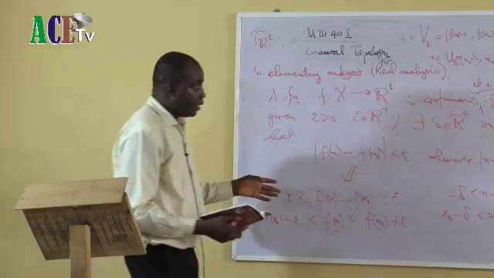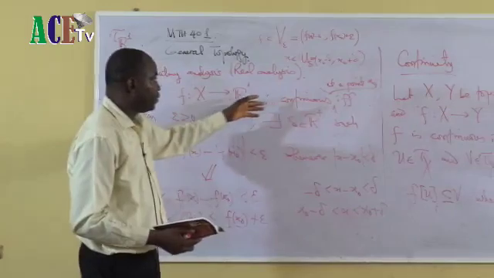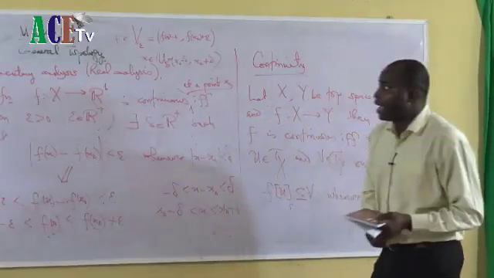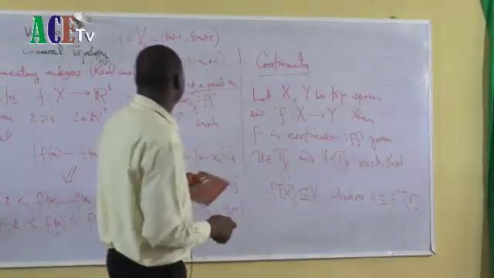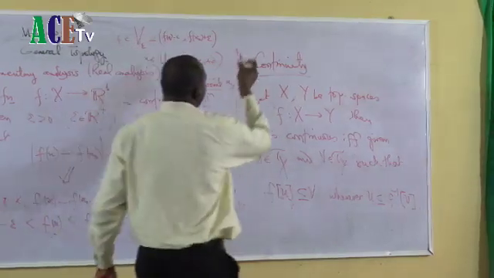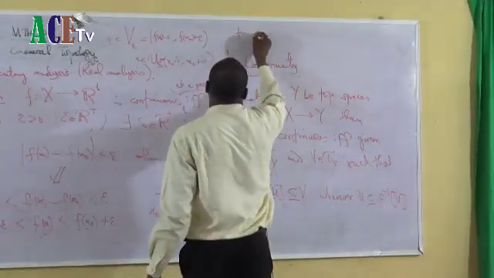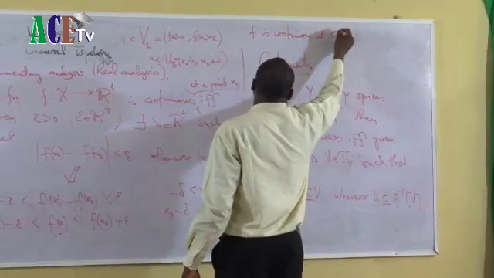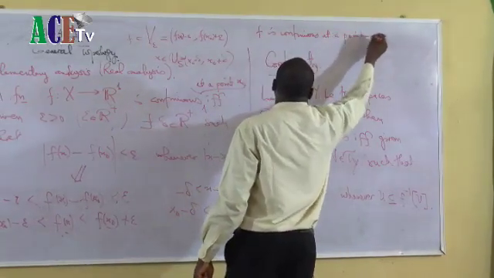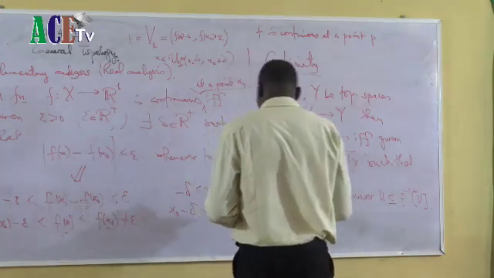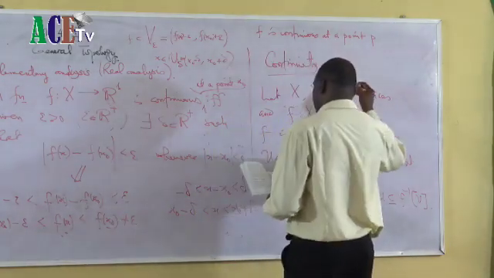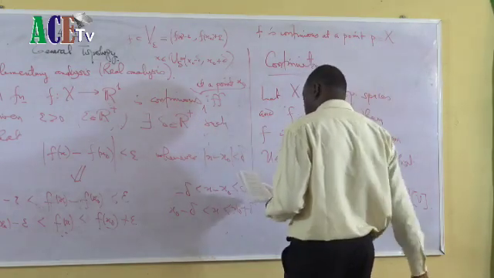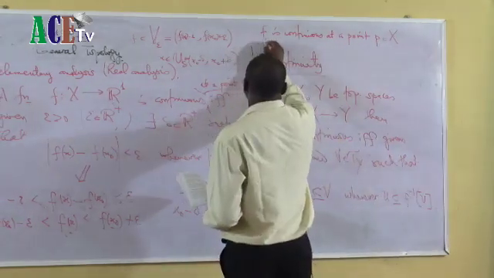Continuity at a point is what you see here, but I can decide to give it in general, okay, by saying that f is continuous at a point P, let's say that P is in X, if and only if